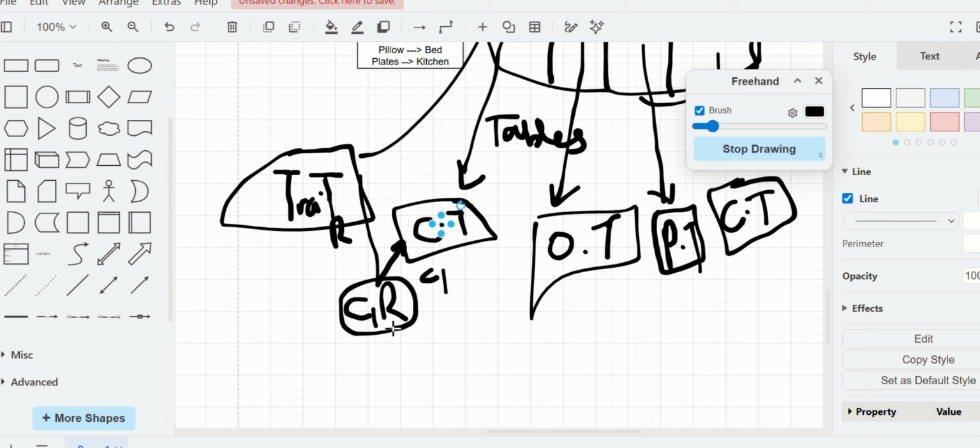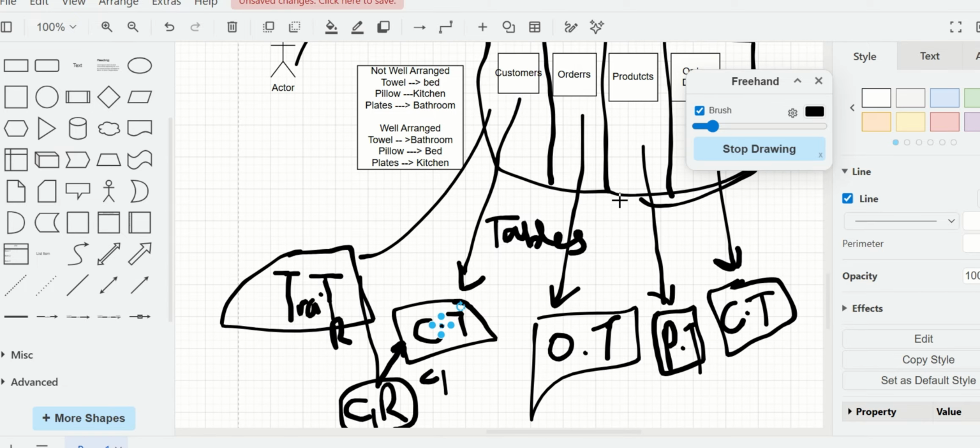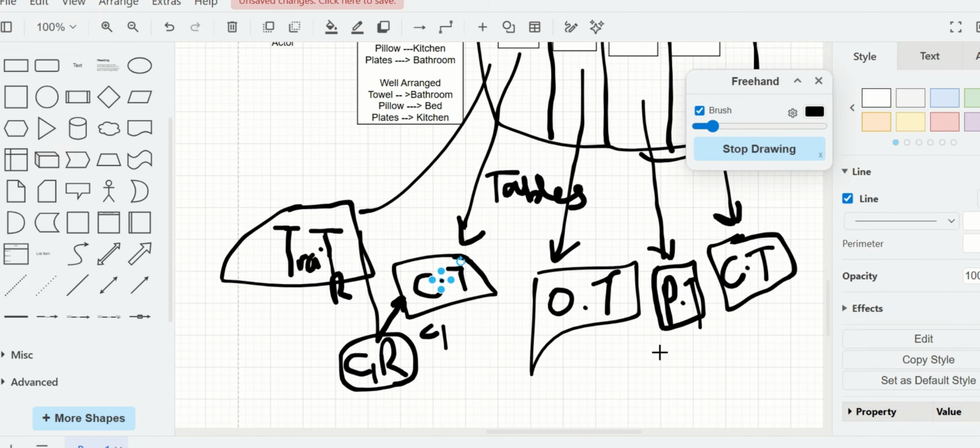So if you look at it, it's even easier for you to get the right data from these arranged tables than if you just leave this data as less structured data. Let's say, for example, I want to know the total revenue of product P1. So column P1 is found in the product table, and the revenue is found in